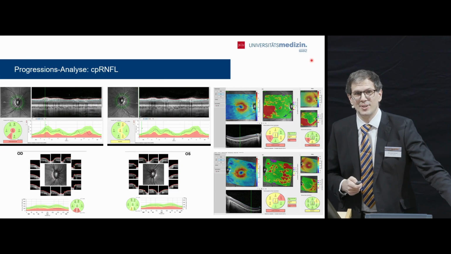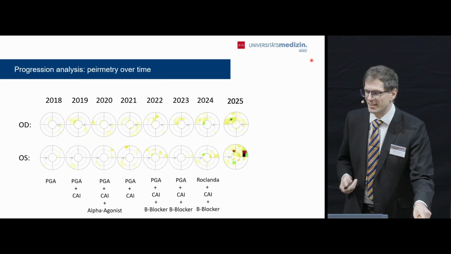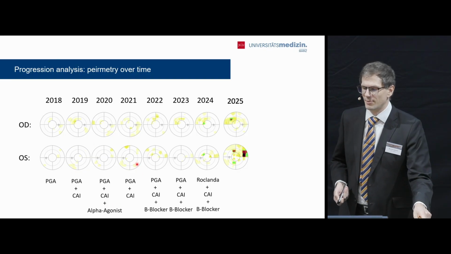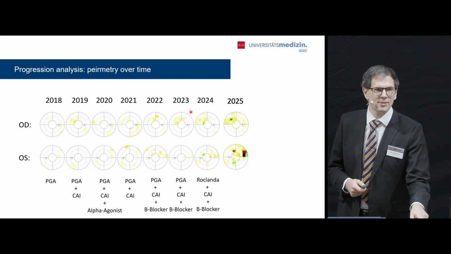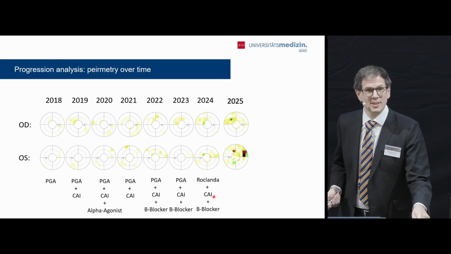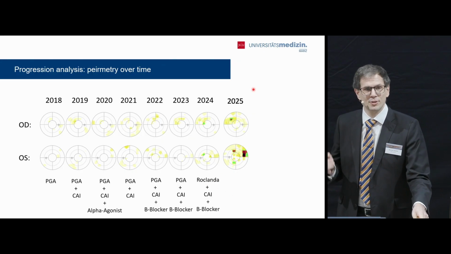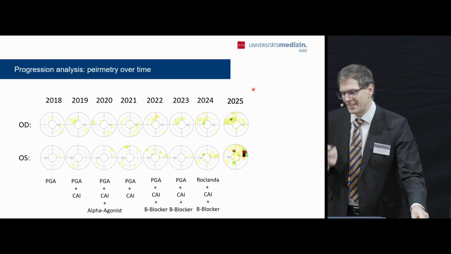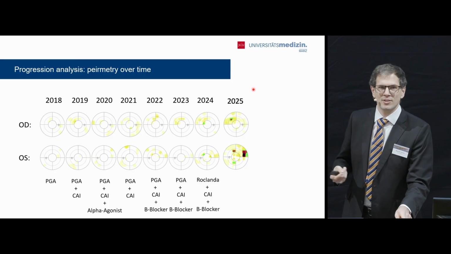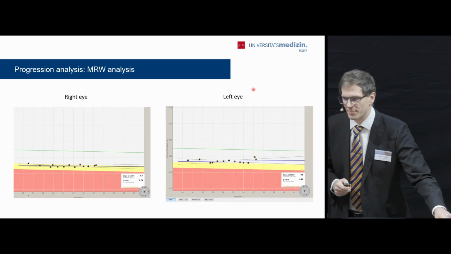This patient came to our hospital and we started treatment. First with prostaglandins, and then we moved on and increased the treatment as far as the patient was able to tolerate, until we finally ended up being forced to do a trabeculectomy at this time point. And I will show you why we were, at least in our opinion, forced to move this young patient to this aggressive treatment.